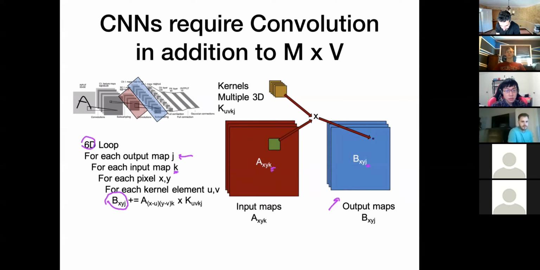And for each pixel x y, for each kernel element u v, you need to do this operation, okay? And add them up for calculating this x, y, j, which is essentially this guy. So you do this multiplication in order to generate this,